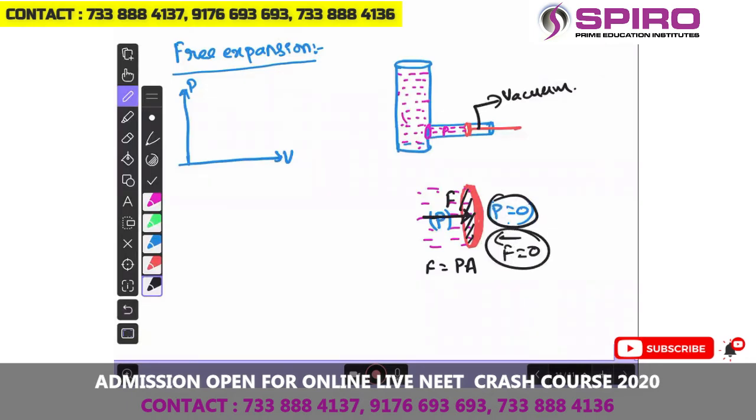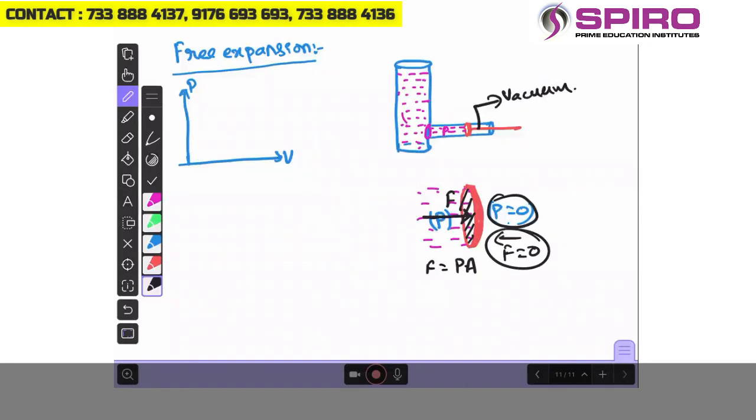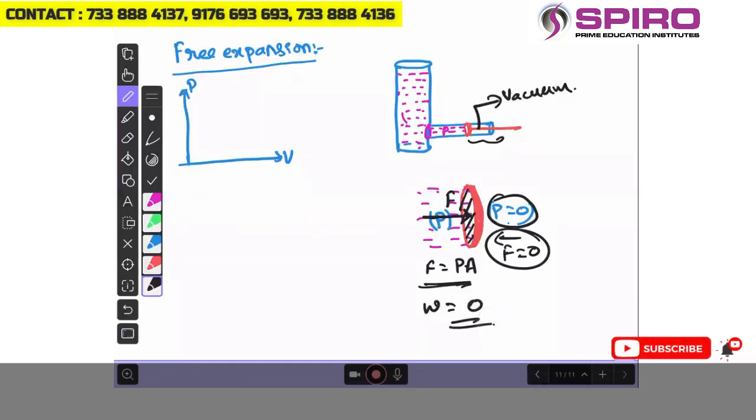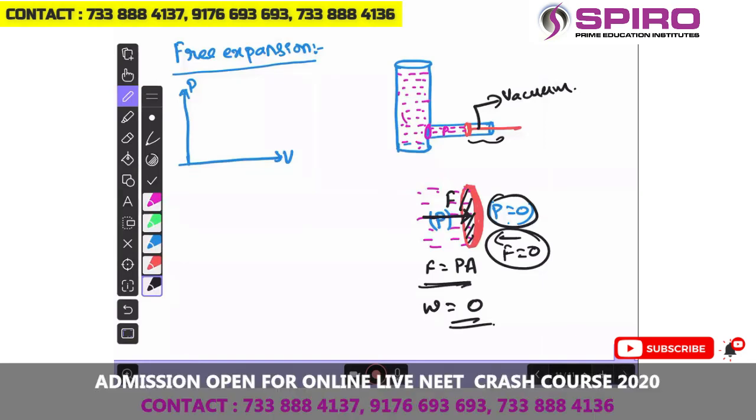Okay, when there is no gas, no air present on any side, that is treated as vacuum. Against the vacuum, only force that is acting on it, even though volume is increased, the work done is taken to be zero only. There is no work at all, and temperature also will not change. It is not an adiabatic process also. Internal energy change will also be zero.